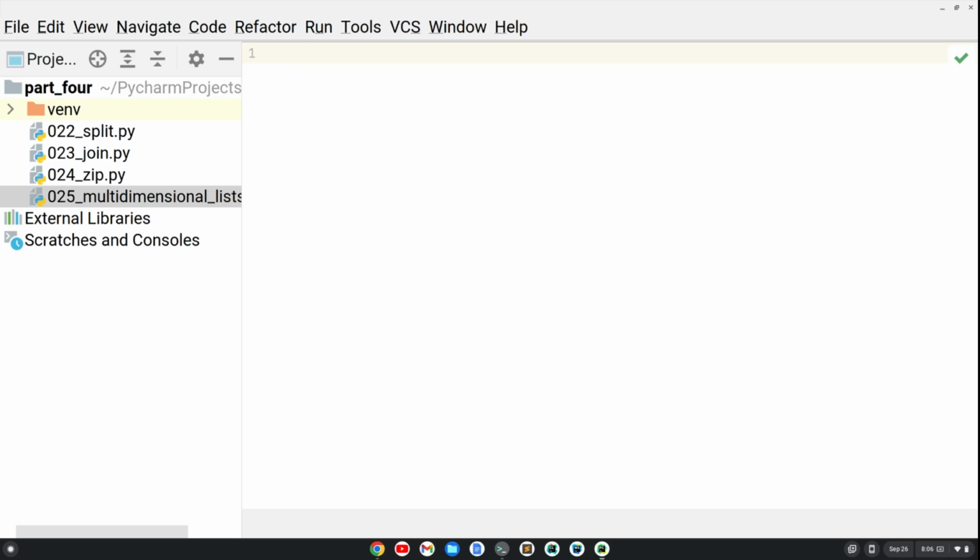All right, so based off our last one, we had a variable called info. I'm going to create a multidimensional list with that data. So I'm going to open and close these square brackets here. And then within each of those, I'm going to have a list with a name and an age. And after each of these, I'm going to have a comma, except for the last one. So we had Tim, then we have Sarah, then we have Sean,